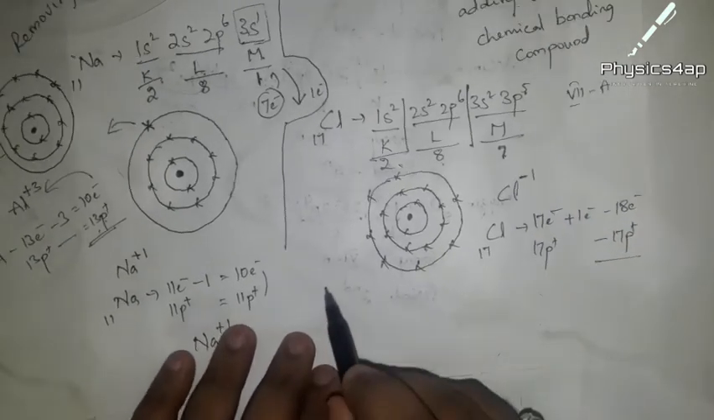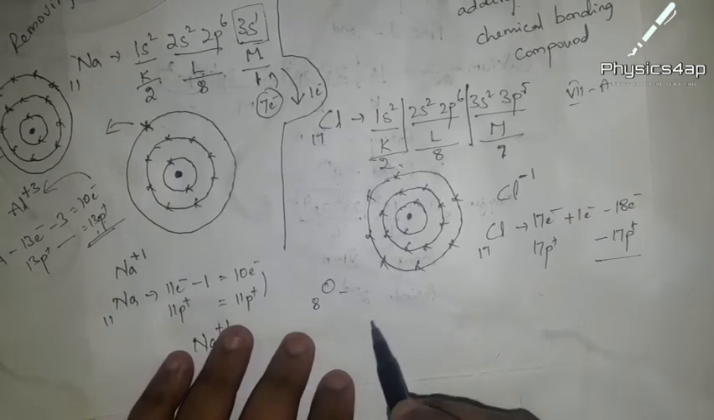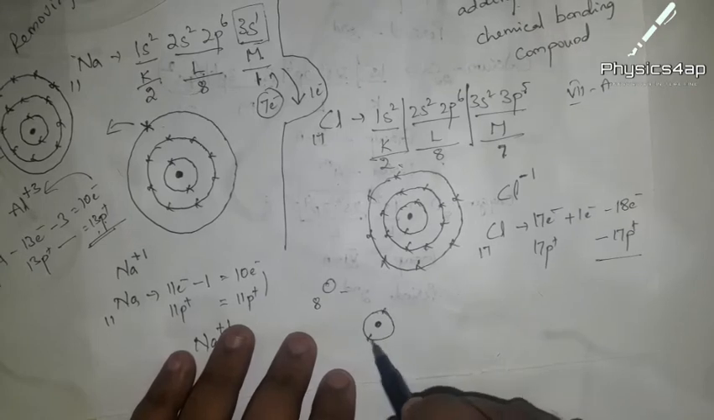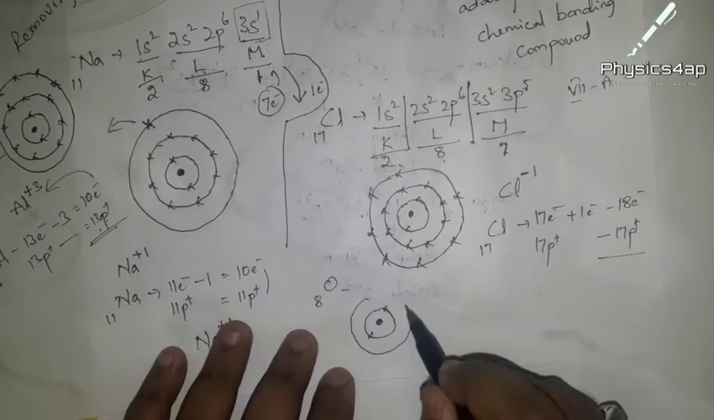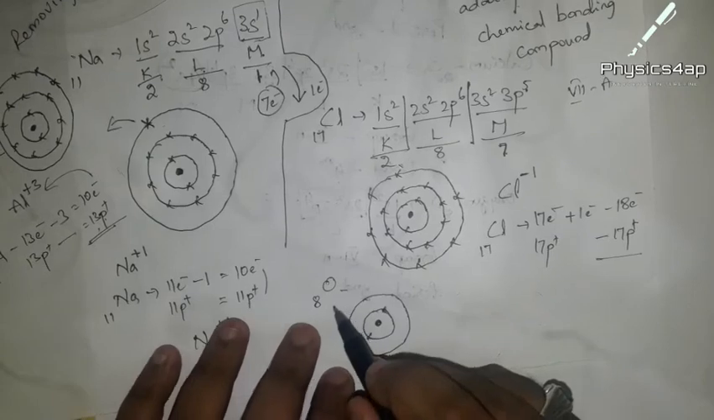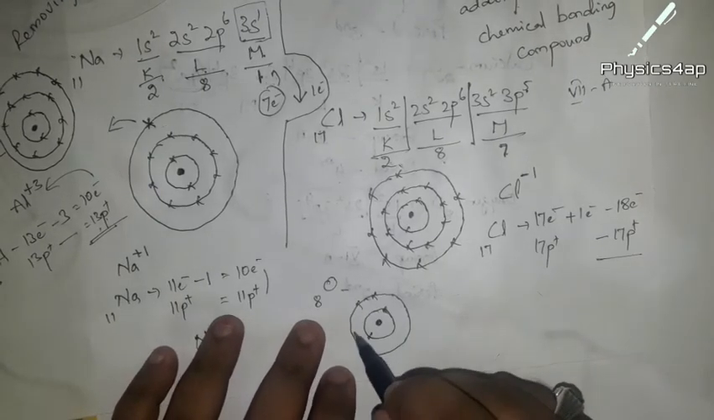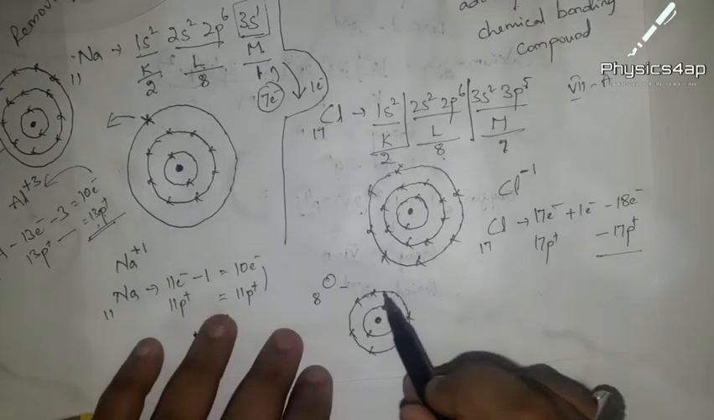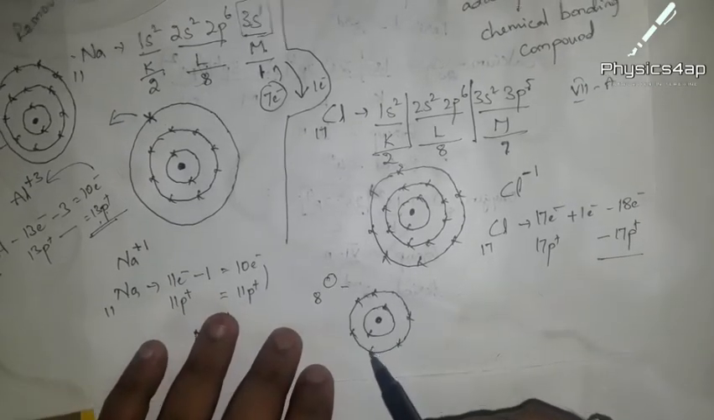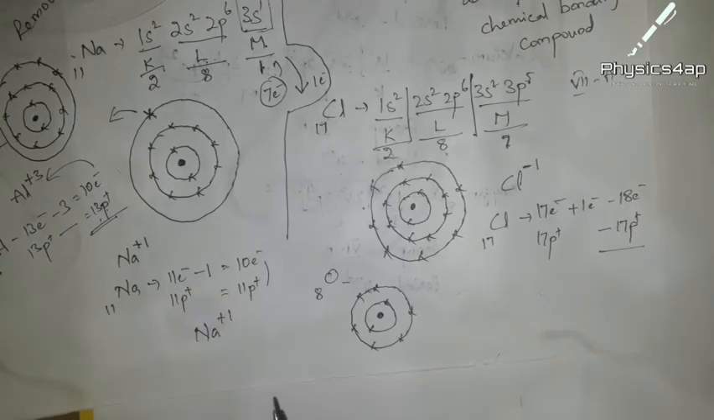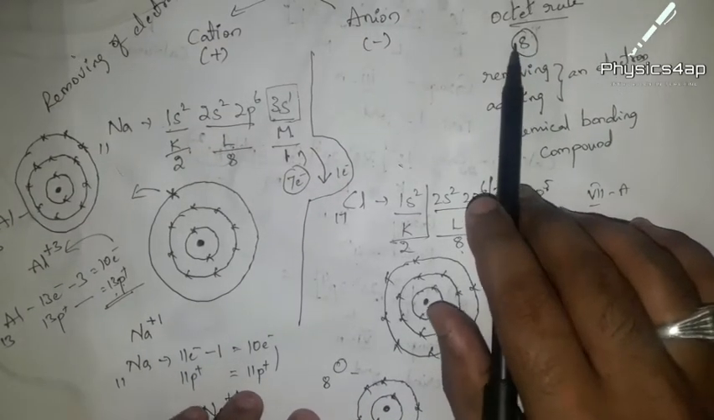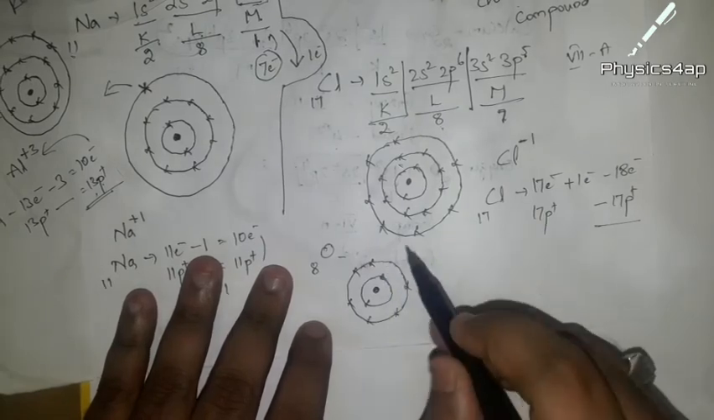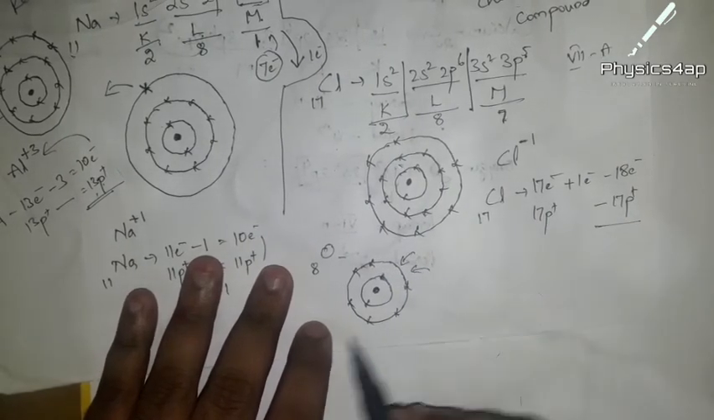Now same as for oxygen, if we draw the atomic structure of oxygen, the first shell takes 2 and the second shell takes 6, so 6 plus 2 is 8. Now in its outermost orbit, 6 electrons are there. To get an octet we need 2 more electrons, so 2 more electrons will be added into it. So when 2 electrons are added,